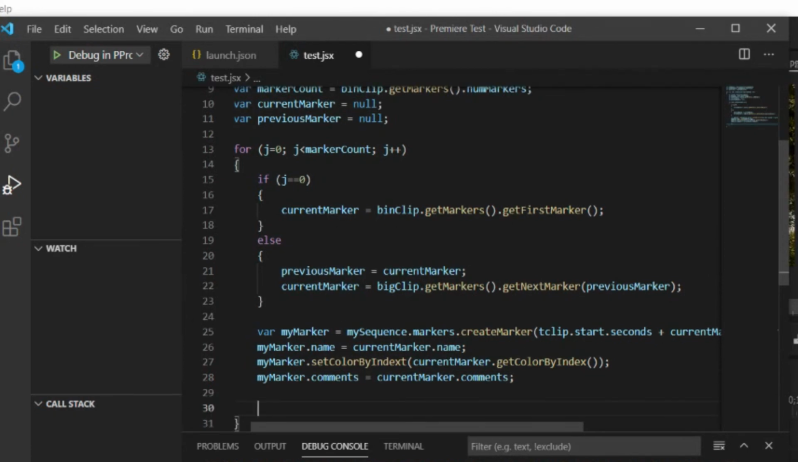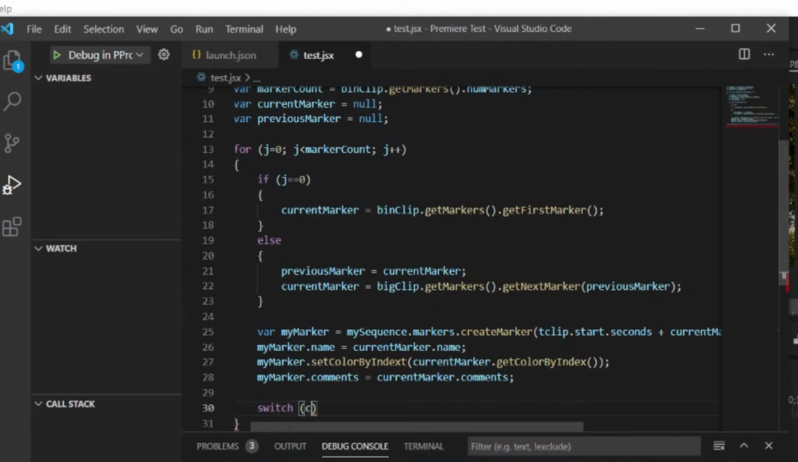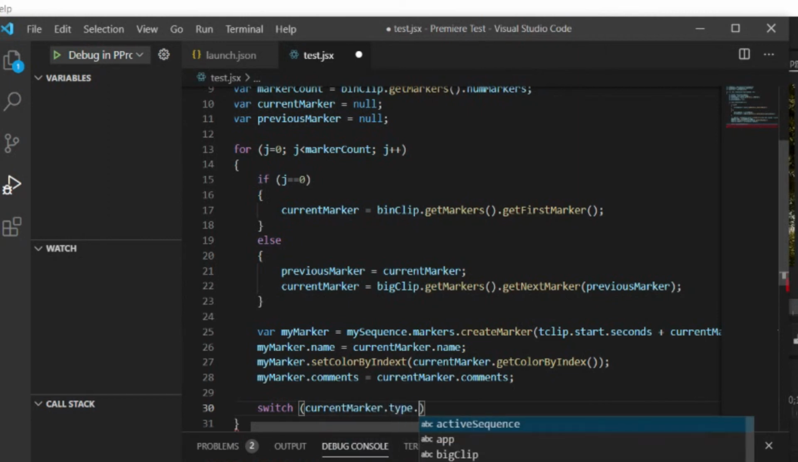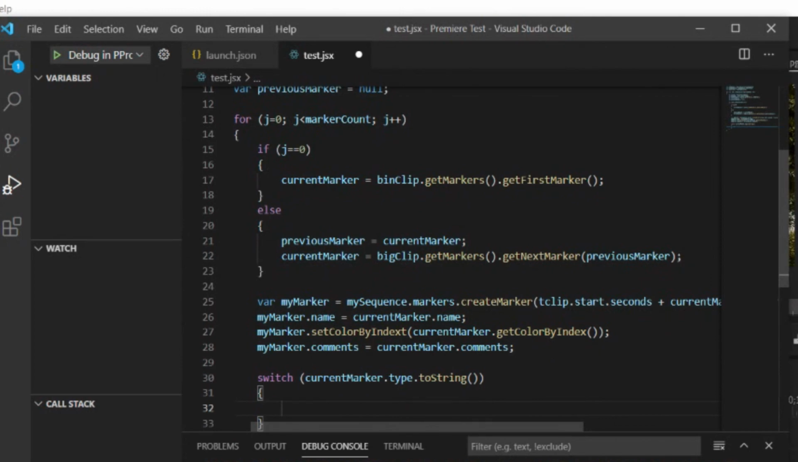So what we're going to do is create a switch case segment, which will let us look at each individual type but not have to have a big messy if-then statement. So we do switch, and we want to look at the current marker dot type and make sure it's a string. So to string, and then we can look at each of the individual cases. So first case